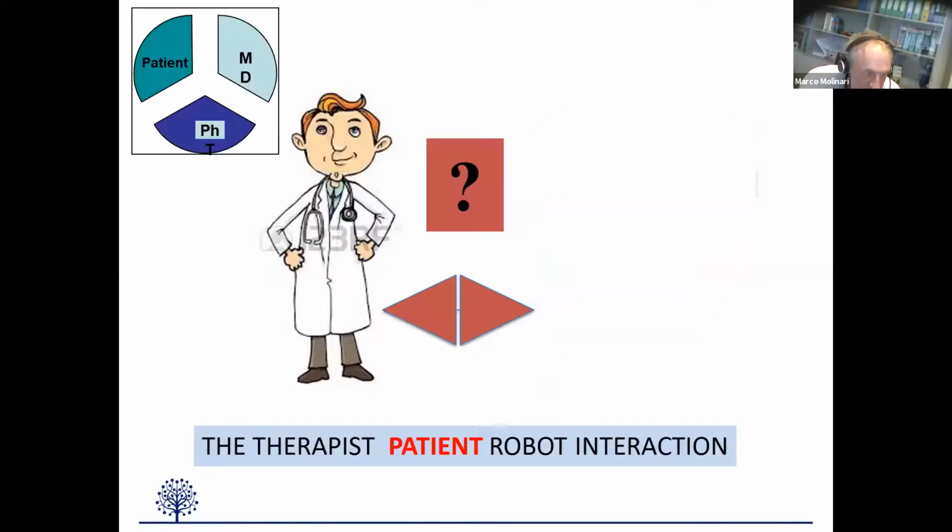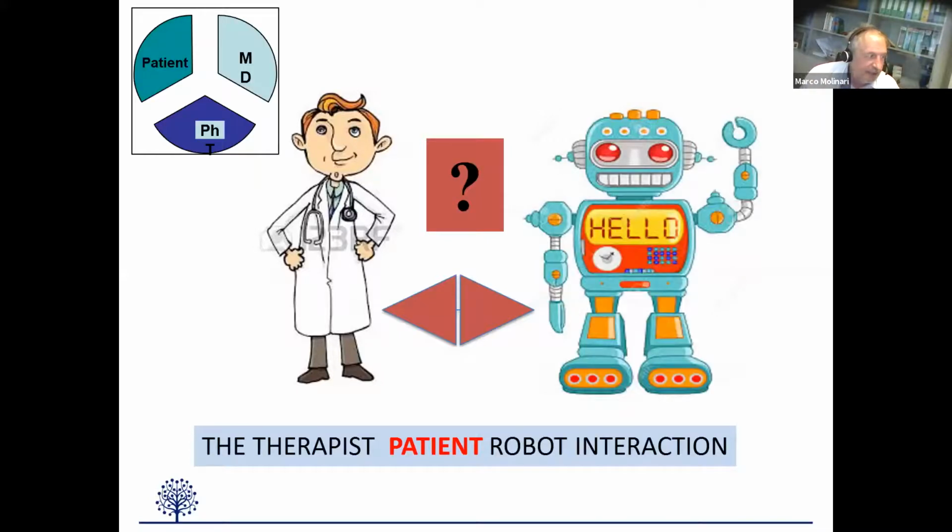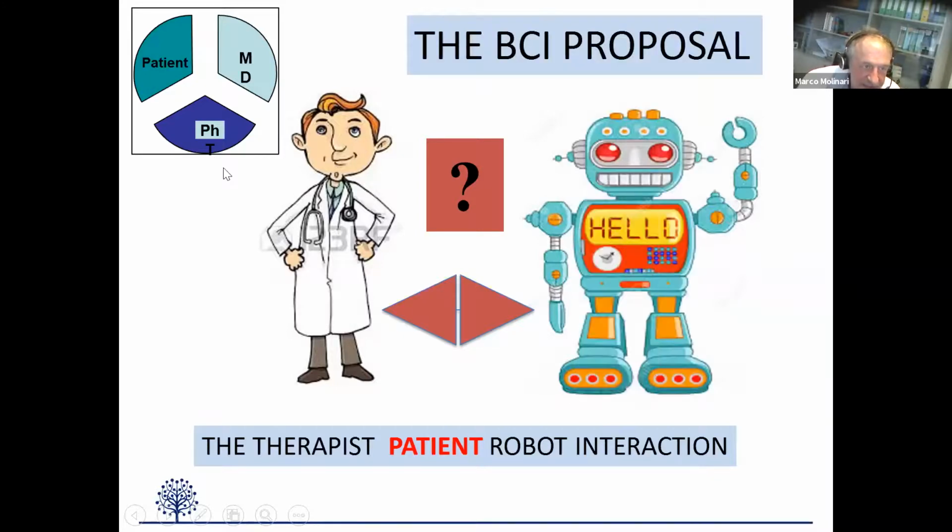And now another critical aspect, to conclude my talk, is the medical therapist interaction with the exoskeleton. Until now we have talked about the patients, but we also have to consider the doctor and the physiotherapist. One link, I would call it the brain-computer interface proposal, is a project that has been going on for many years in Santa Lucia, mainly driven by the activity of Donatella Mattia